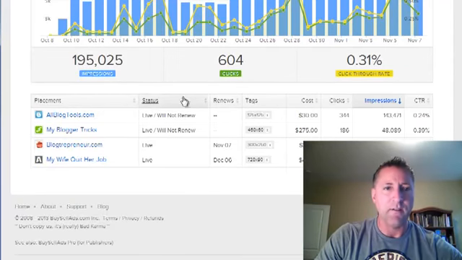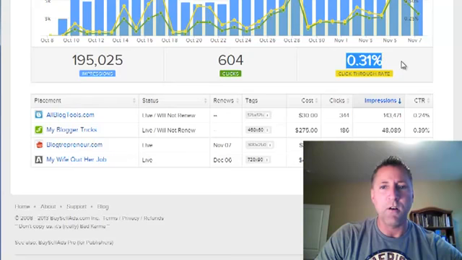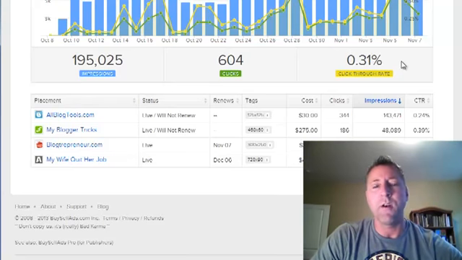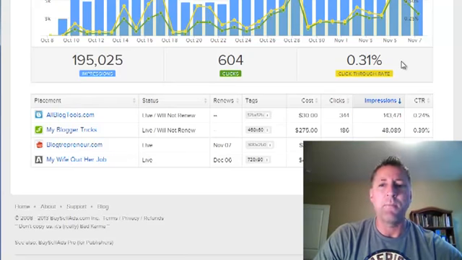I've gotten, and this is basically in 1 month, 195,000 impressions, and I've gotten 604 clicks. So the click-through rate overall is 0.31, which is a decent click-through rate for banner advertising. With banner ads, your click-through rate's going to be all over the map. What really matters is, is it a profitable campaign?